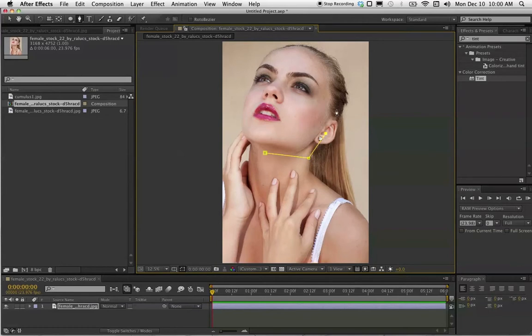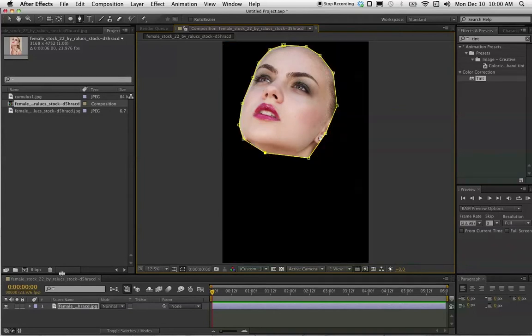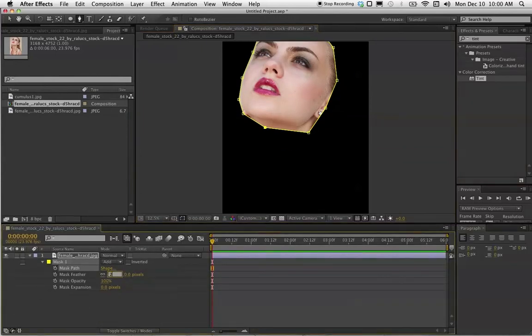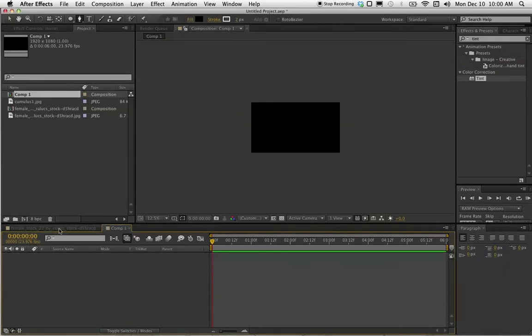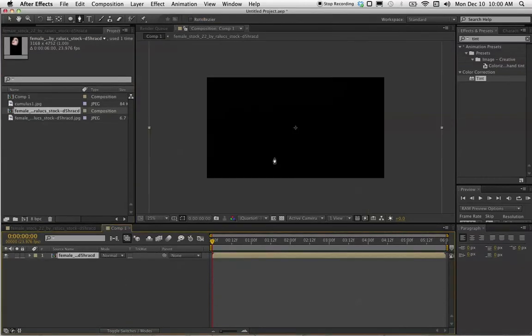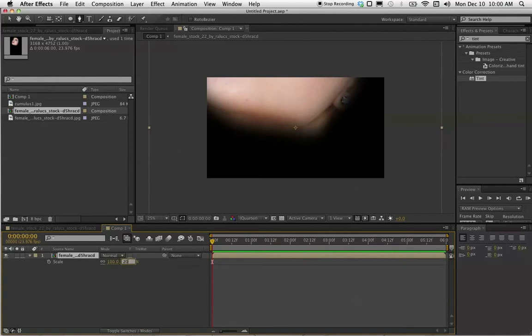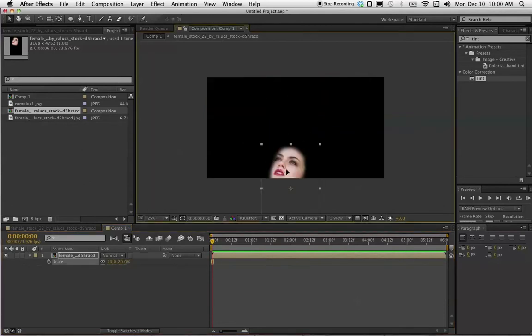And then we're just going to do a quick mask, and it doesn't really have to be super duper accurate, but it's going to be feathered out and composited over and stuff like that. So we got that. Feather out the mask, maybe 250, -100. And then we're going to create a new composition, drag that into here, scale it down accordingly,